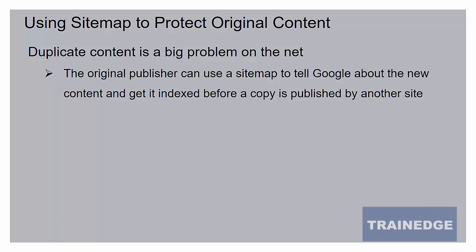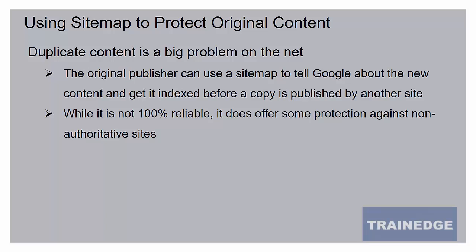The page, when you publish, has a publication date, so that can be included in the sitemap, and by immediately getting it into the sitemap and resubmitting the sitemap to Google, Google is informed that your sitemap has changed, so it can come back and crawl. You make sure that even before somebody is able to copy your content, Google has indexed and included your page and your content in its database. So if it discovers someone else's page after this, Google may think that the second page is a duplicate because it already has a similar page in its database.